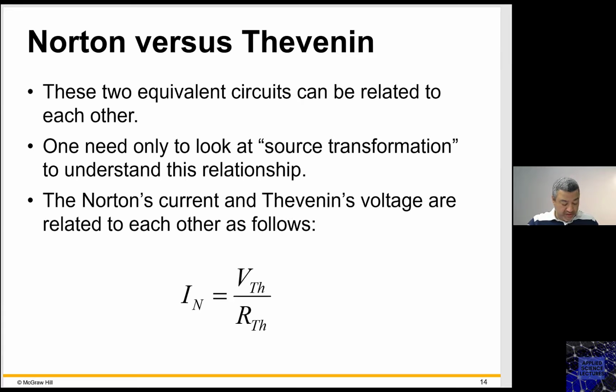So in other words, if I have the Thevenin R Thevenin, V Thevenin, and I have the Norton